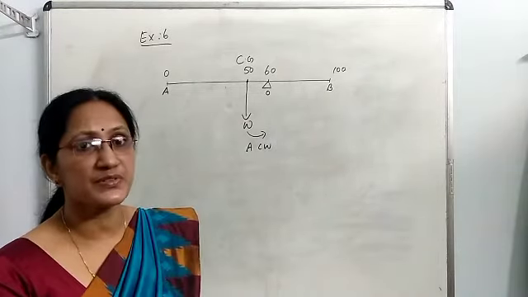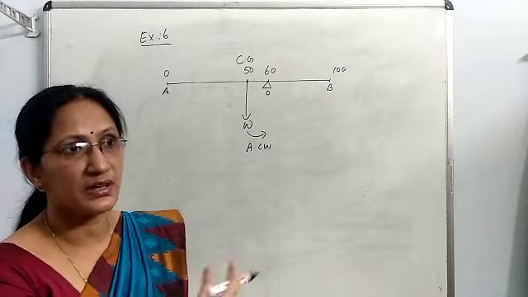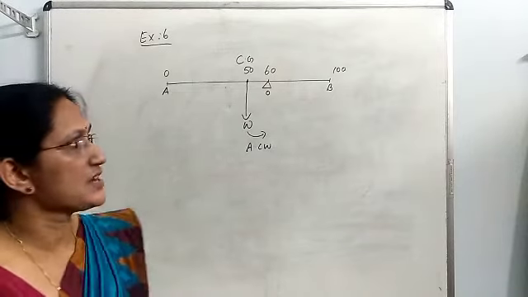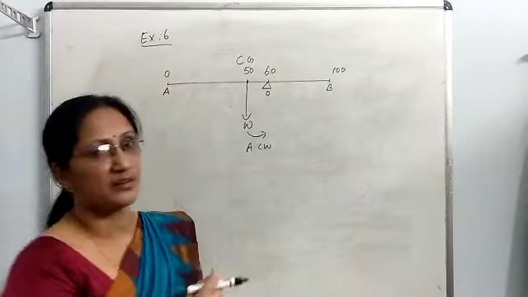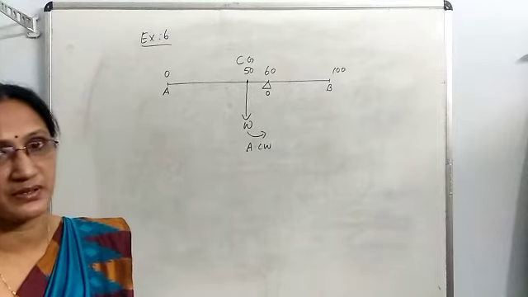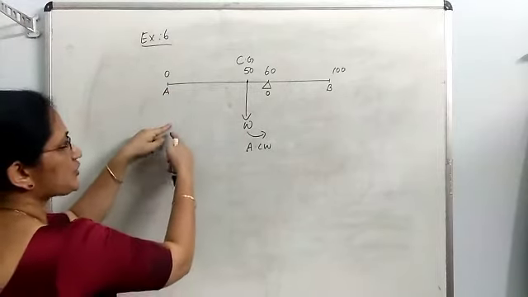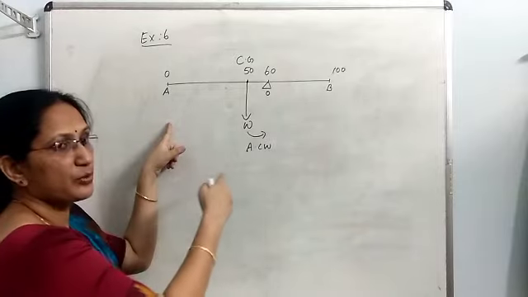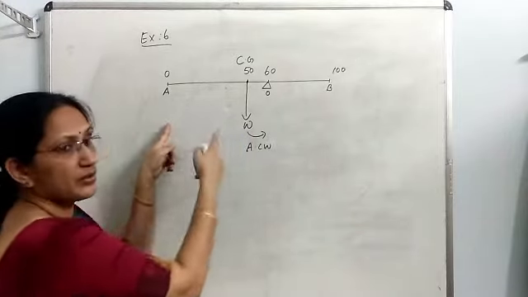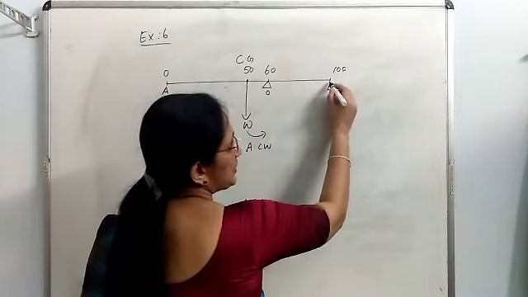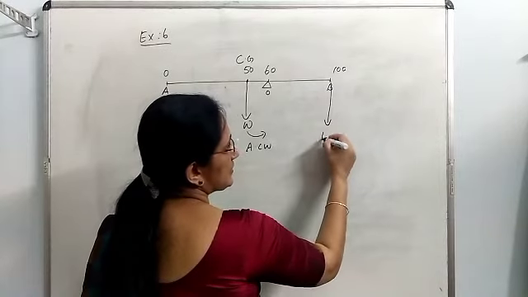But it is given in the question that the scale is balanced with a mass suspended from one end. Then can you guess at which end that 10 gram mass must be suspended? If you suspend the 10 gram mass here, that mass also will produce an anti-clockwise moment. So both are anti-clockwise moments, and the scale will not balance. So naturally, you have to suspend the 10 gram mass at this end.